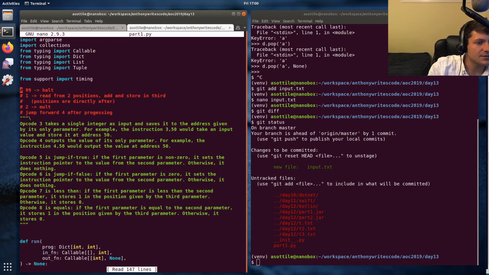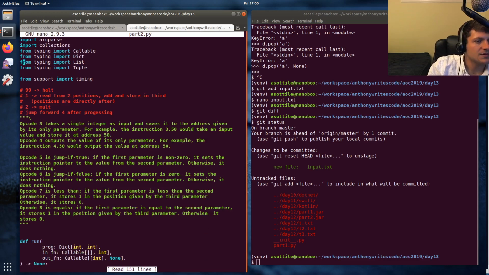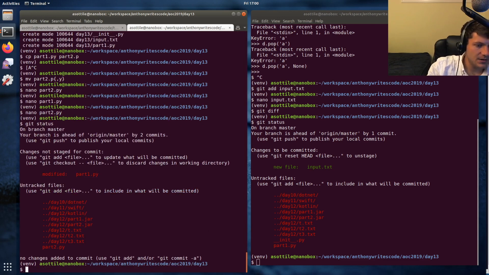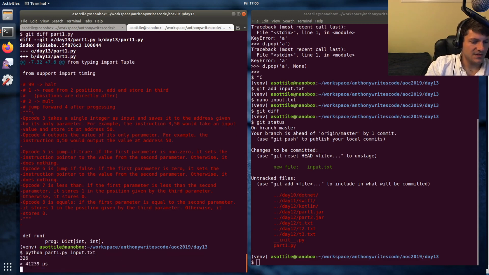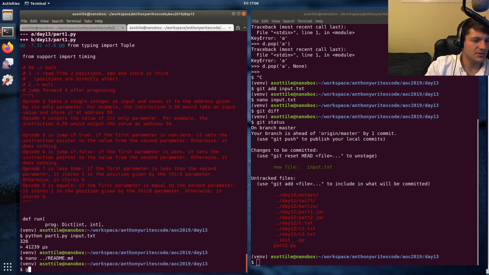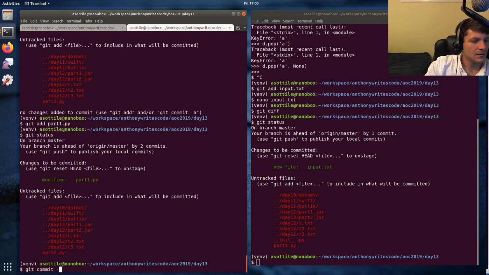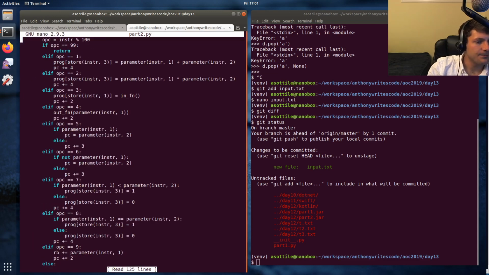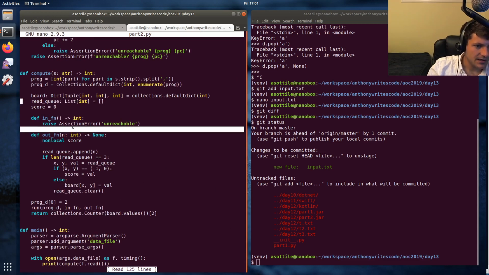Oh, I forgot to delete this code up here. Get it from both of them. I'll actually go through all my files and delete that, because it's a little annoying. Part 1.py input.text. Still 326, right? Still 326. Did that. Part 2. Inserted quarters, we set the score, and